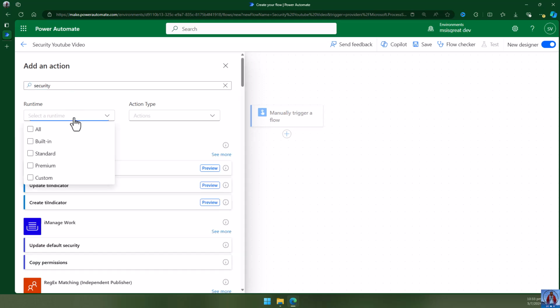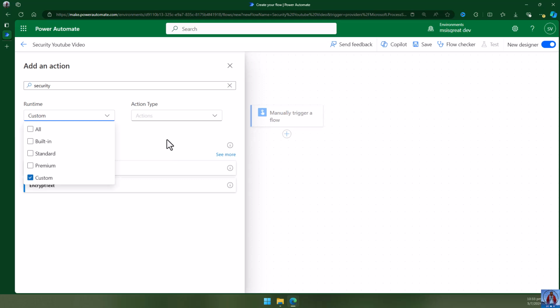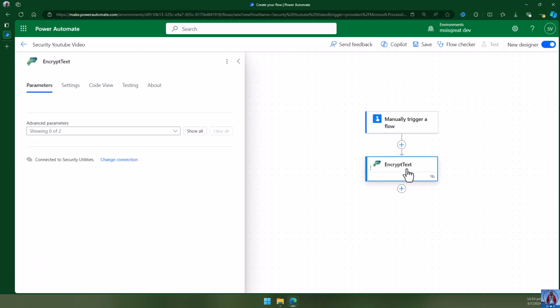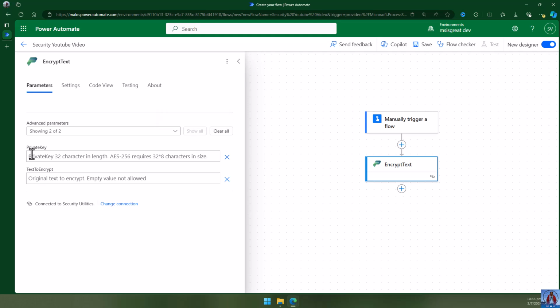We need to add the action which we have. Security, let's filter by the custom. So we have it here. Let's add encrypt text. Encrypt text is the one which we created. Show all. You can see here all the description is appearing here. That's a description we added, and the original text to encrypt. So all these are there already. What I'm going to do is add this private key and then the original text. This is great,